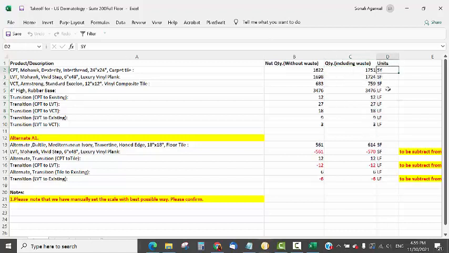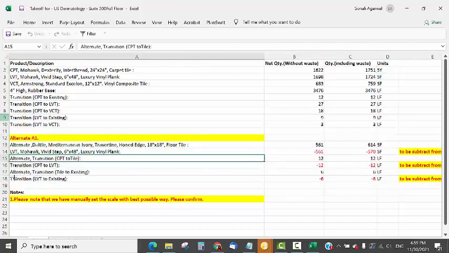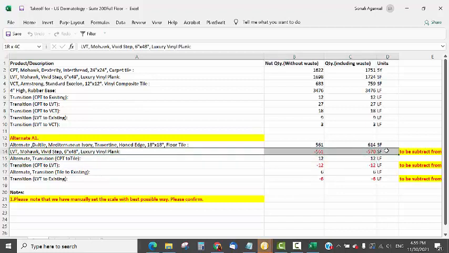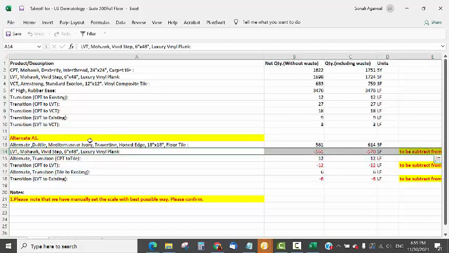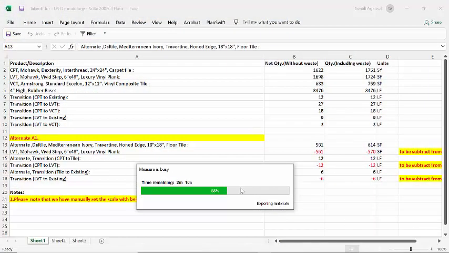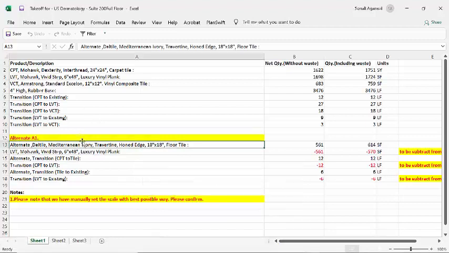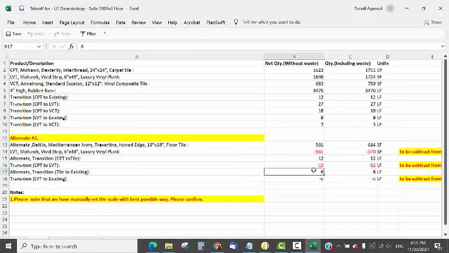And yeah, there was also an alternate in this project, so you will see that we created separate quantities for that, and we've highlighted the products that will be replaced with negative quantities in case the alternate is used. So it will take some time for the Excel to get ready, but I think basically it will simply be these quantities, and you can just copy those quantities and put them in the format that you like.